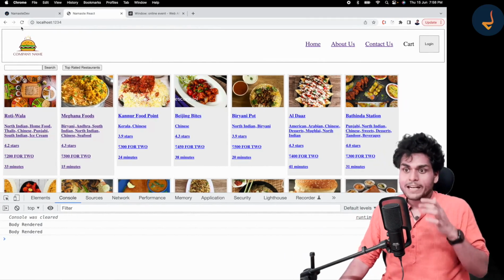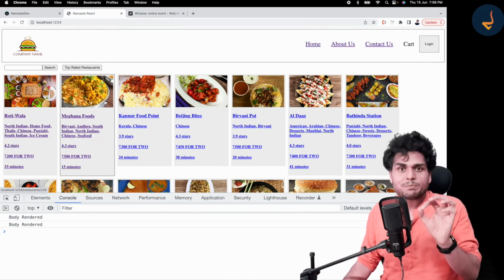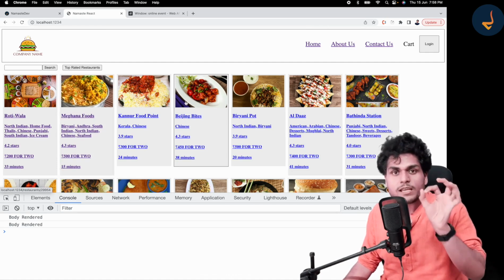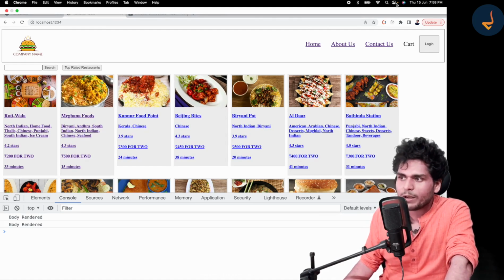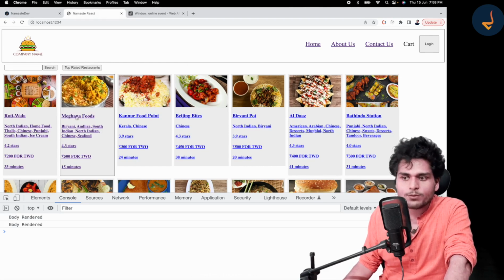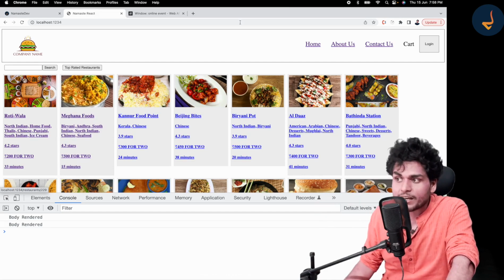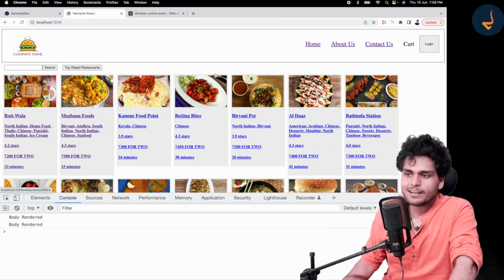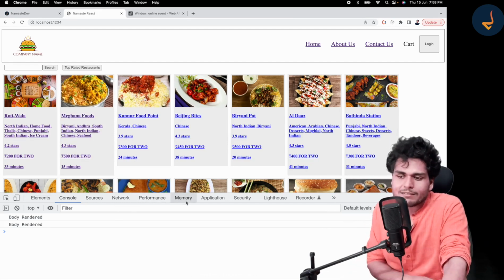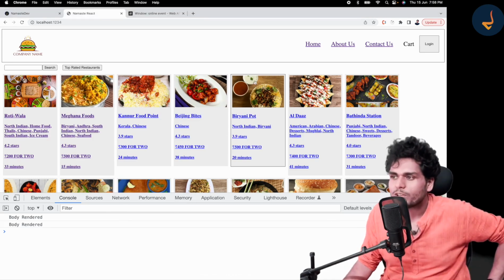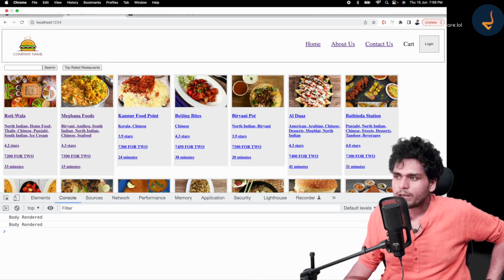So now the internet is working, my code is working. Let us see, when this website goes offline, will it show the message or not? How can we do that? I can turn off my internet from here. I am on the Wi-Fi. But instead of turning off the internet from here, I will just simulate it in the browser itself. You can turn off the internet from here also, but I'm not turning it off from here.